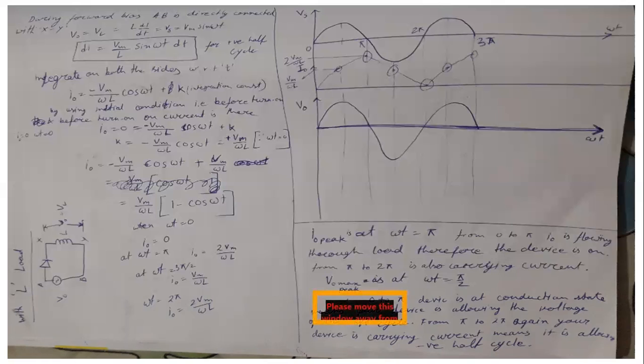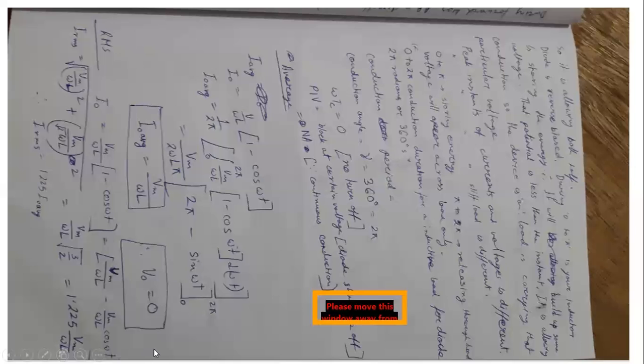So there is no turn off time, no circuit turn off time. Okay, so omega tc is the circuit turn off time, which is actually equal to 0 for this case. So omega tc will be equal to 0, so no turn off time. So the peak inverse voltage is the voltage the diode blocks when it should be off, so here the peak inverse voltage is not applicable. So here we are getting continuous conduction.